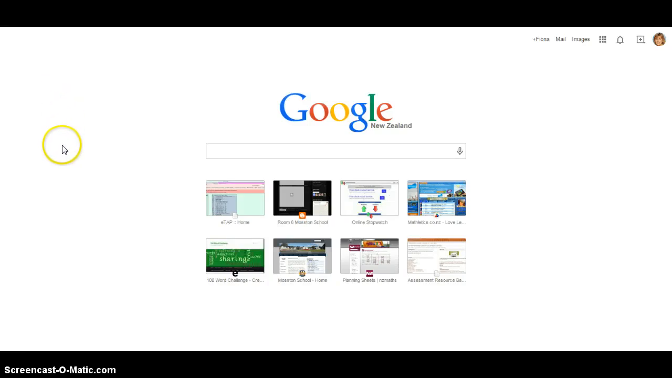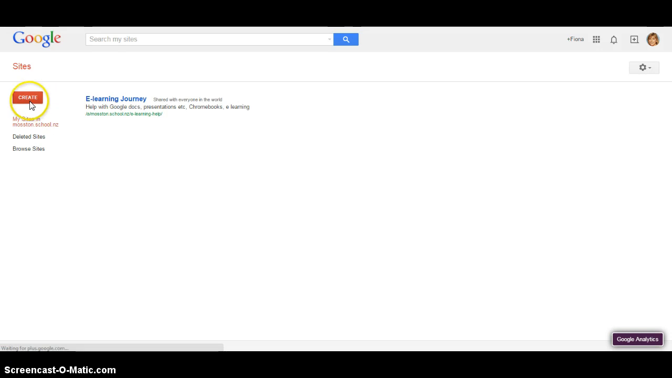Right, I'm going to quickly show you how to set up your own Google site. So when you've opened up your Google and you've got your front Google page, up here is the little squares, which is your Google Apps. So if you click on that, go to Sites. Once in Sites, go to Create,